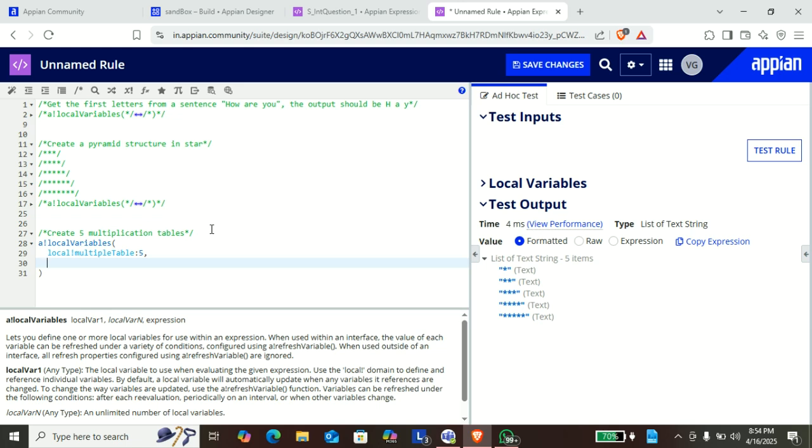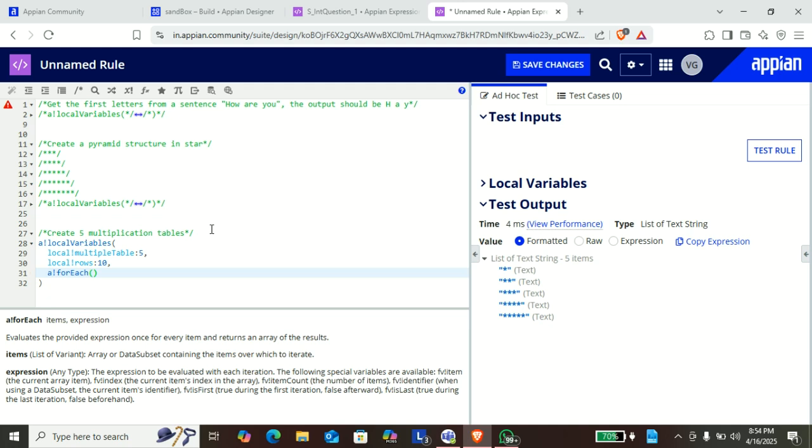Let's say if we wanted to display 10, like 10 into 5 equals 50, something like that, right? So the number of rows which we are going to display is something which we can mention, like number of rows is 10 for now, and again everything is going to come in an array. So we have to create a for each. Okay, so in the items, now I need to again enumerate it,